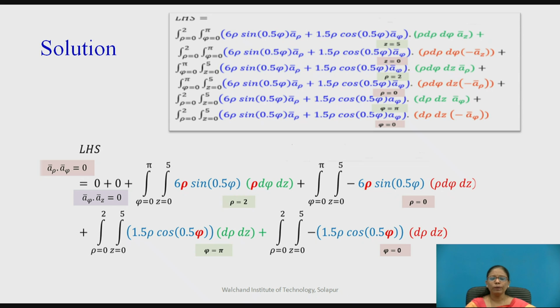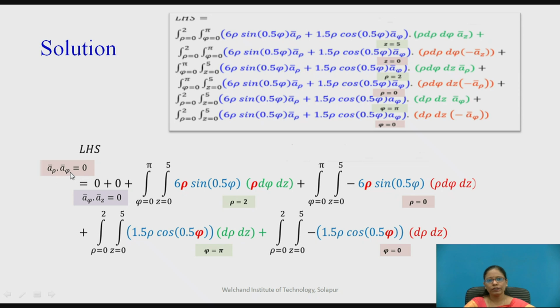So let us proceed further. Once I have written all this D bar dot ds bar for all the 6 surfaces, now when I proceed further, you can see here this is az bar, and in the D bar there is a rho bar and a phi bar. So when I take the dot product, a rho bar dot az bar is 0. As you know, only the self dot product is 1, with others it is 0. So this first integral goes to 0. Similarly, in the second integral also, I do not find the az bar unit vector, so that second integral also goes to 0, as I have put here.